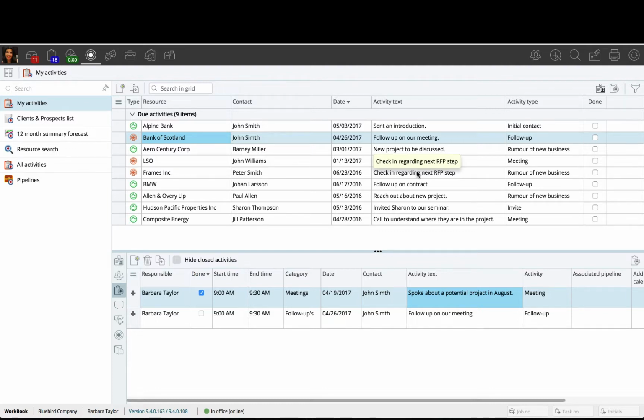CRM and activities. When you enter the system and look at My Activities, this is a list of the to-do activities or potentially follow-up activities that you need to turn your attention to. In this case, we have the client Bank of Scotland. I'm talking to John Smith, and the last thing I wrote was that I need to follow up on our meeting. Down here you can see any previous activities,